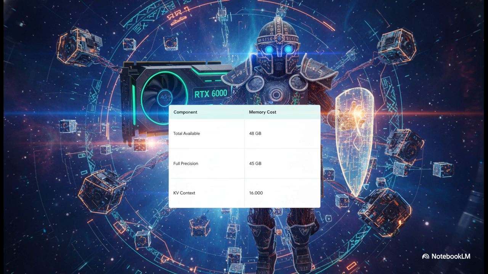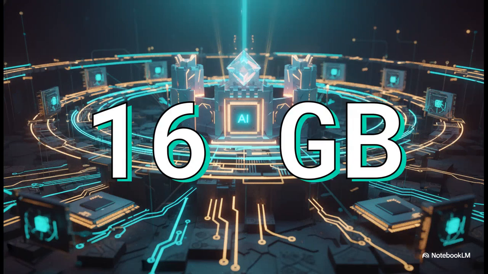In full precision, the VRAM consumption hits a massive 45 GB. This happens because VLLM reserves maximum context memory, allocating the KV cache for an enormous 16,000 tokens. But there is a magic number here, and that number is 16. By simply lowering the context limit, this exact setup fits beautifully on consumer 16 GB GPUs. You do not need a massive corporate server to unlock this power. You can run this sovereign AI magic right in your own home, completely free and untethered.